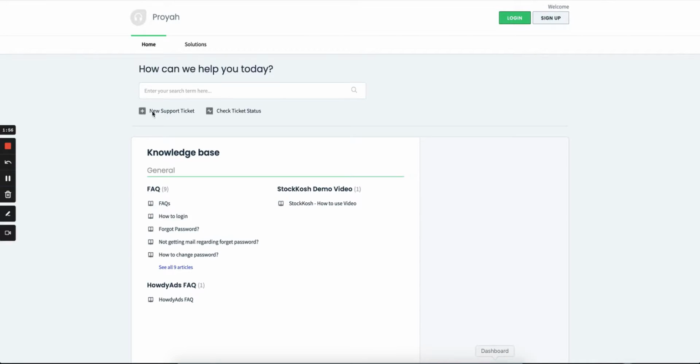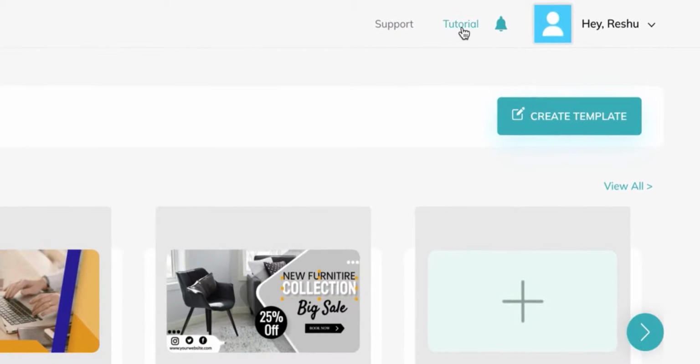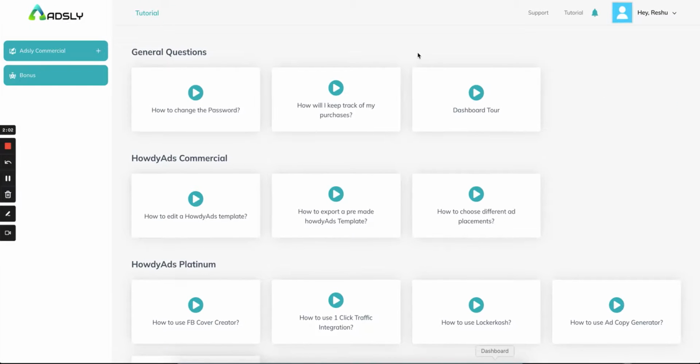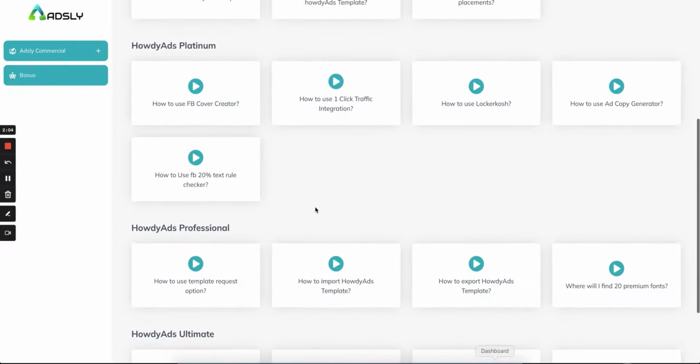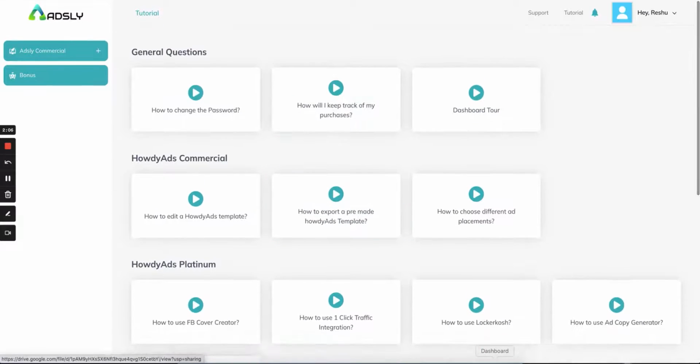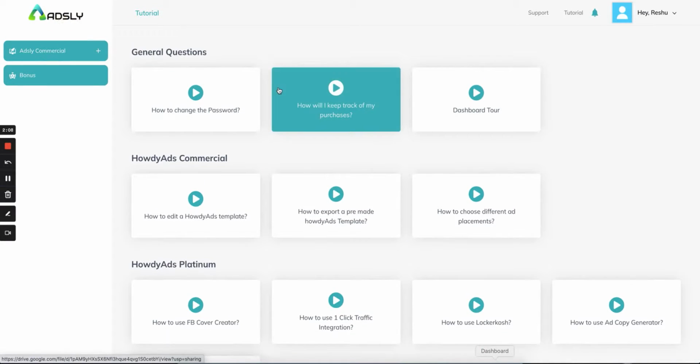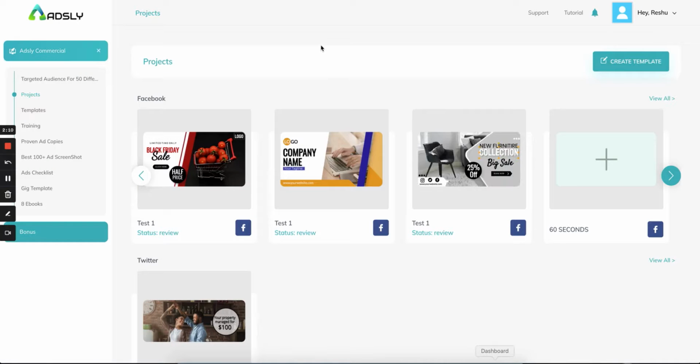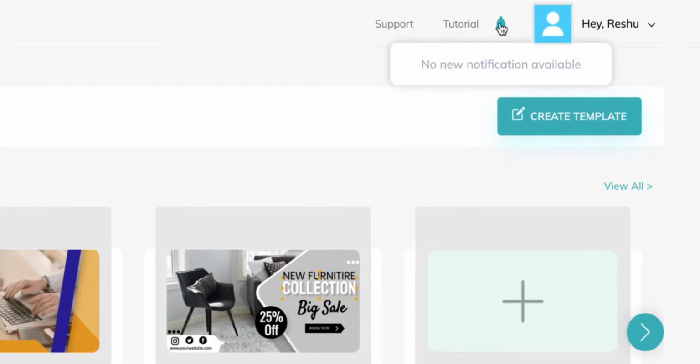From here you will be taken to our support panel where you can raise a ticket if you have any problem, and these are all the tutorials which will tell you how to use Adsly. Coming back, this bell icon will notify you if you have any notification from our end or from your customers' end.